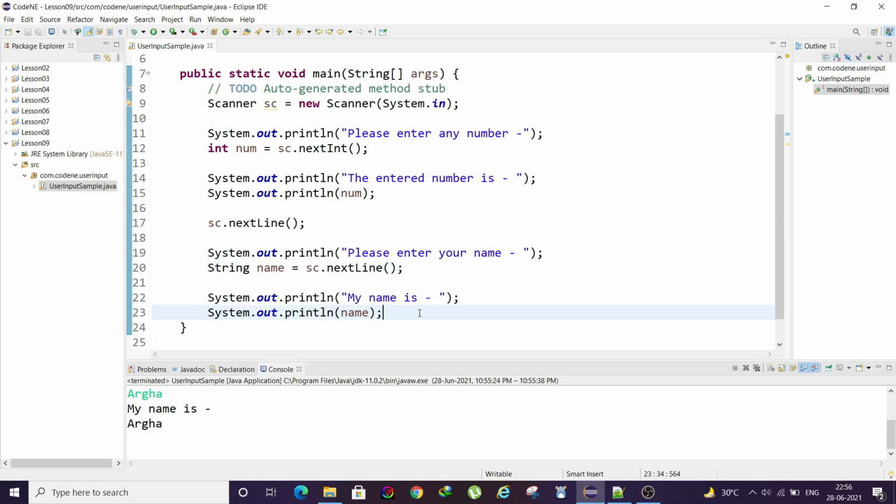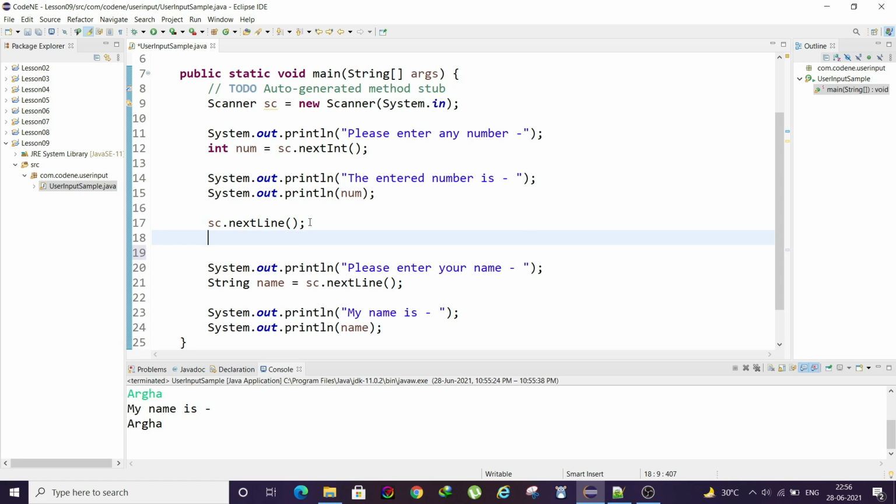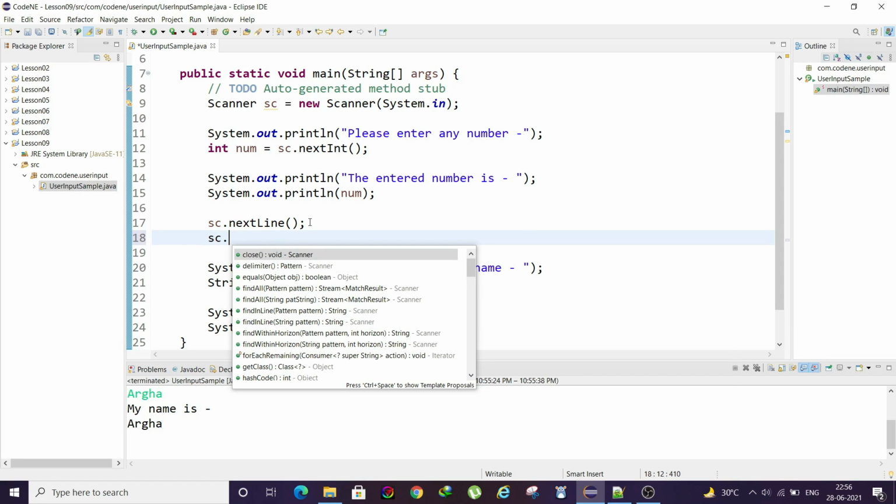So this is how we can use the Scanner class to take input from the user, like integer and string. There are various ways of taking input, for various data types. You can take long, double, float, all those also, using this scanner object. In the Scanner class, you will get many methods similar to nextInt and nextLine.